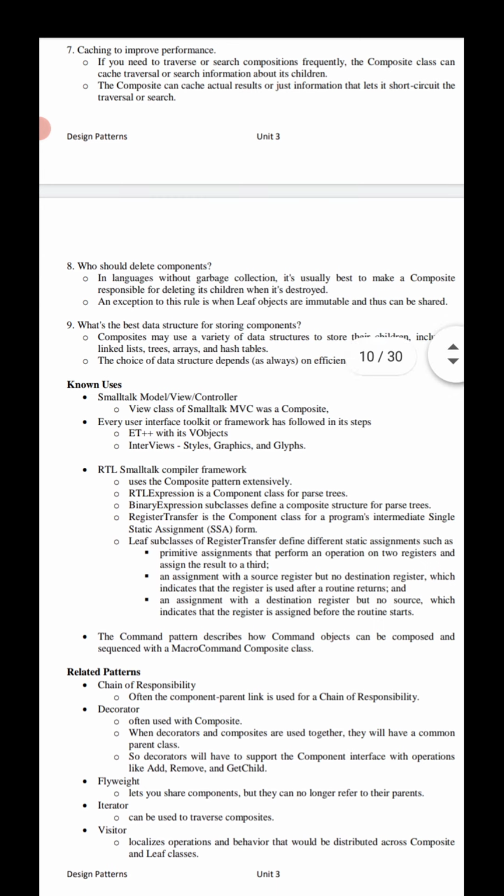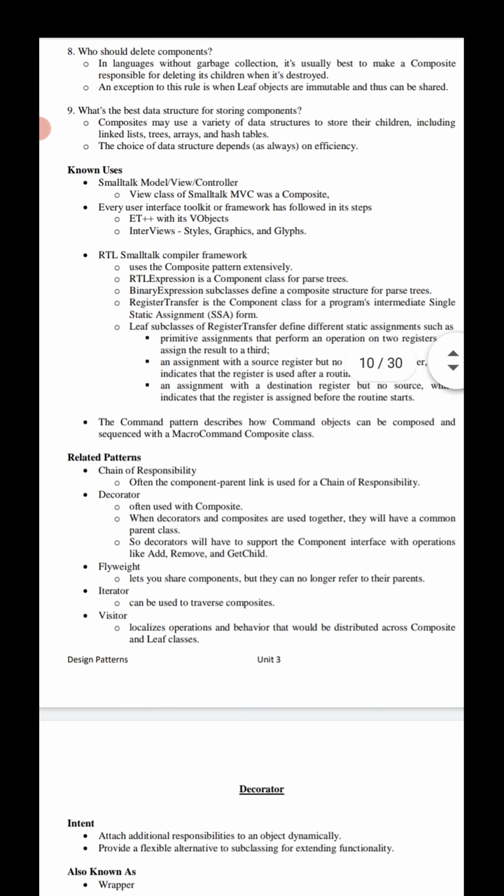Coming to the eighth implementation, that is who should delete components. In a language without garbage collection, it's usually best to make a composite responsible for deleting its children. In the sense, we need to destroy them when the composite is destroyed. An exception to this rule is when the leaf objects are immutable, and then they can be shared.